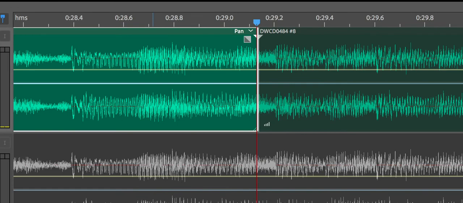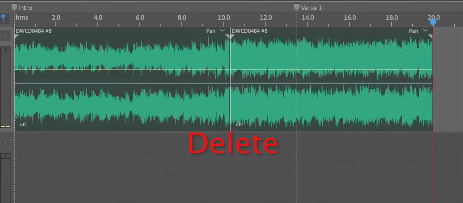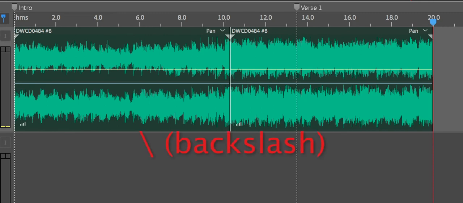I'm going to highlight that and do a Shift Delete, which is going to pull everything up to the beginning of the timeline. Then I'm going to blow off the guide track. I don't need it anymore. I can just click on it. It's all one piece and just hit delete, and that's gone as well. I'll hit the backslash key now just to make sure that there's nothing far out on the timeline. I should see just a little bit of space at the right side of my file, but that should be